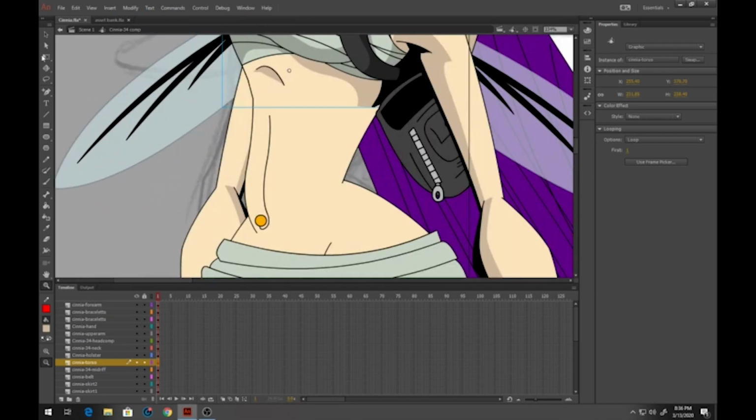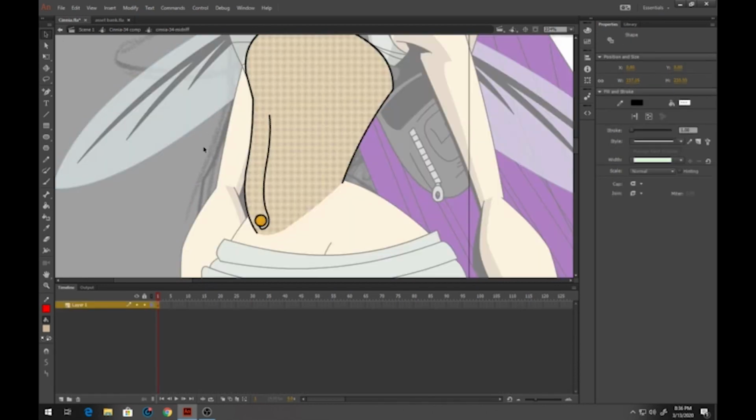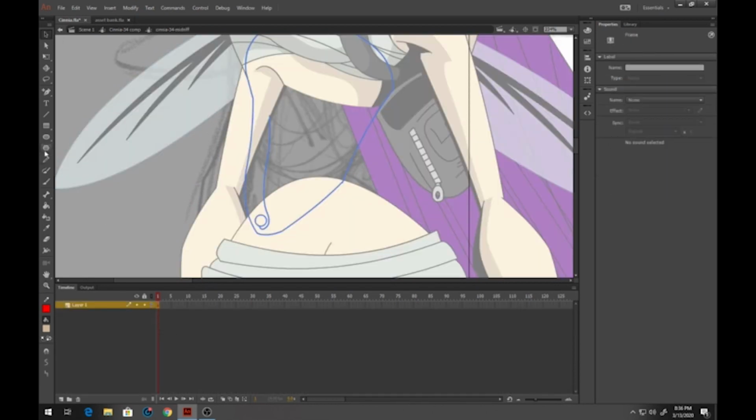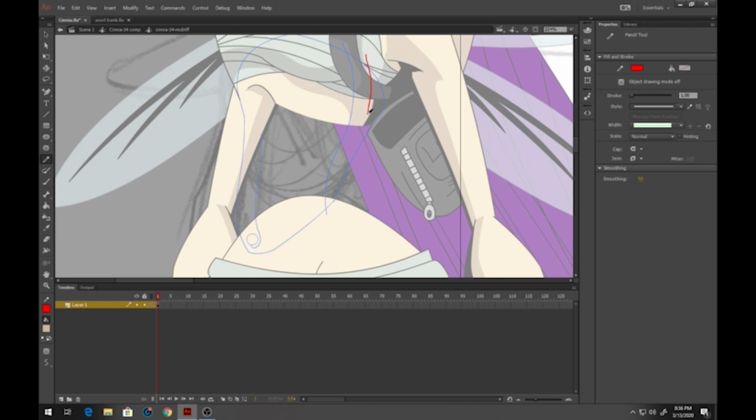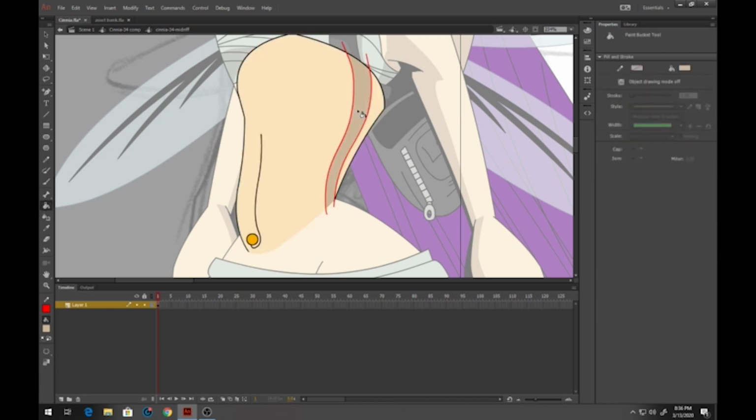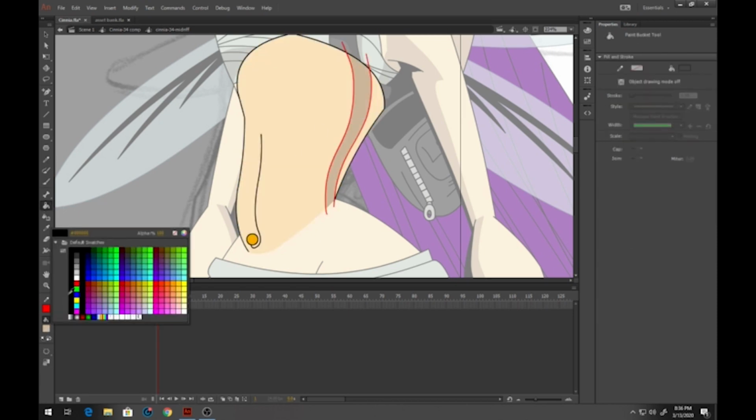Let's continue on down to the midriff. Let's turn this on so I can get a sense of where the shadows are on your floor. On occasion, you can modify your shadows a little bit for specific poses to make sure things line up the way they need to. Most of it, if you keep it subtle and you line it properly, it won't be an issue. But sometimes